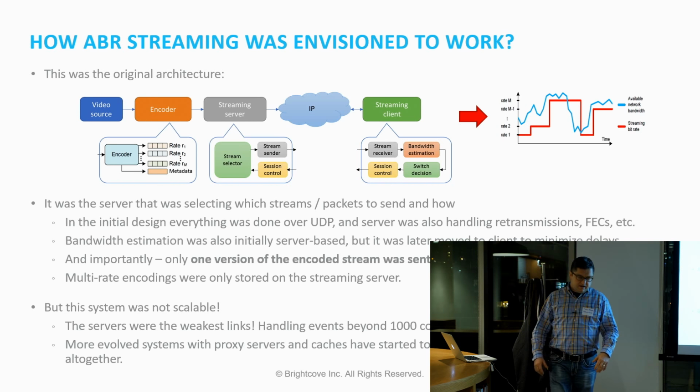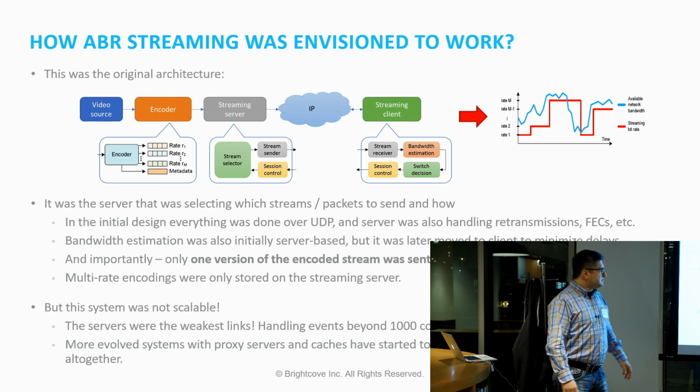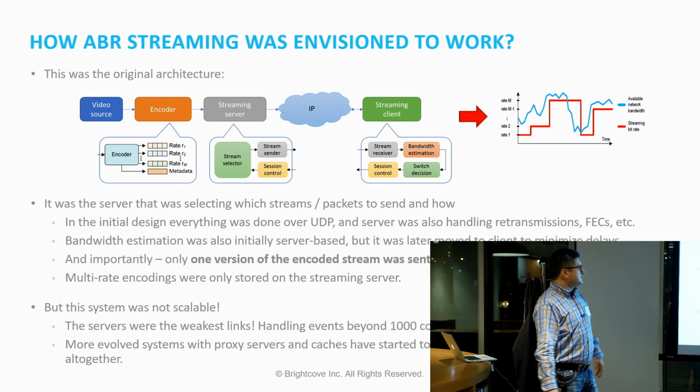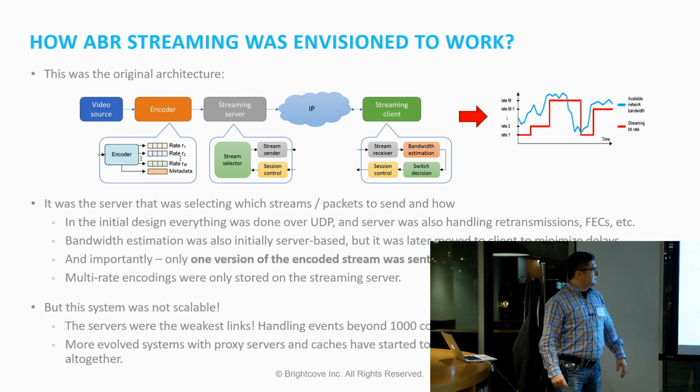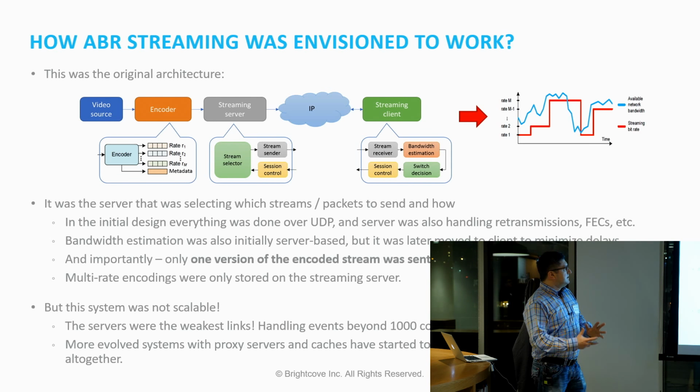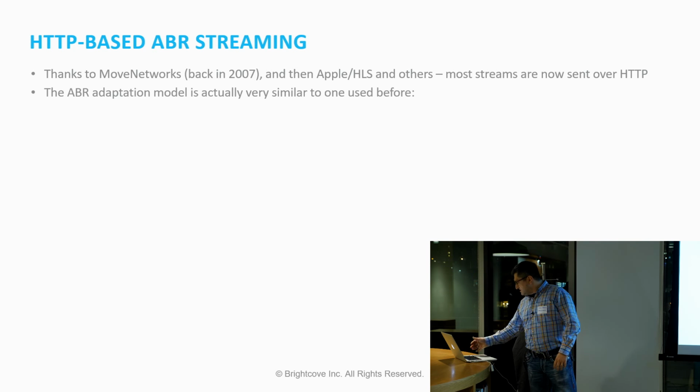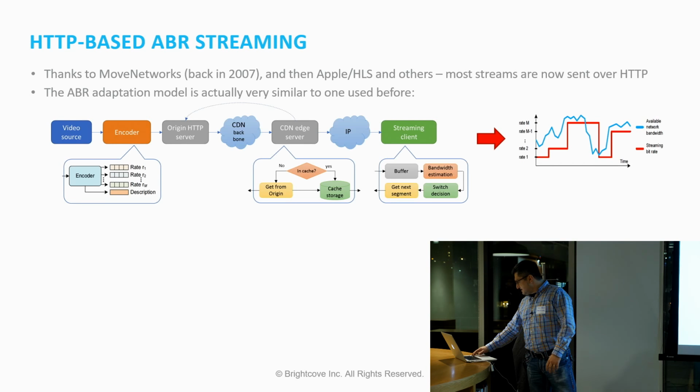So back in the early 2000s, we started building proxy servers, content networks for UDP-based streaming, but it never really was as well designed, simple and elegant as later solutions that came after this, which was HTTP-based streaming. And of course, the credit for this goes first to Move Networks back in 2007. That's the first company that came out with the concepts, and Apple did HLS.